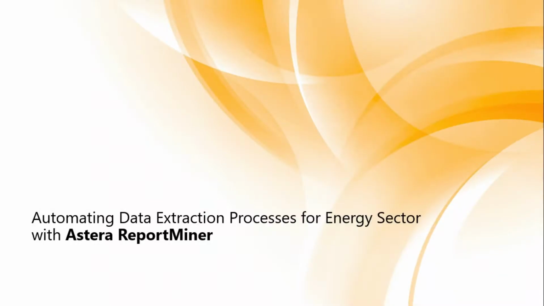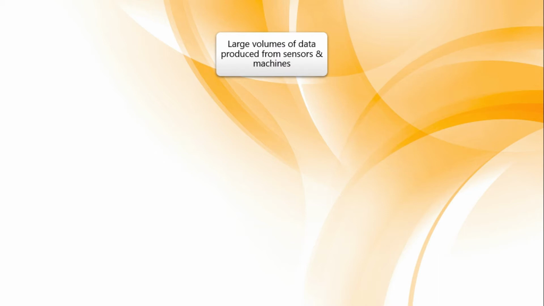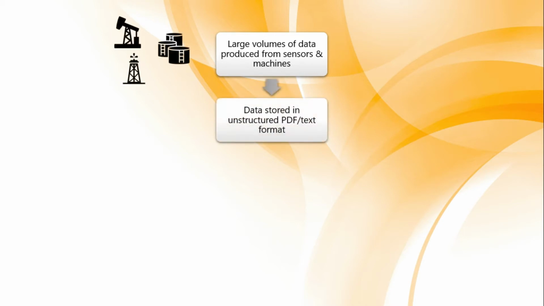Hi, in this video we will learn how to extract data from a PDF document produced by equipment used in the oil and gas sector. In this era of digital transformation, oil and gas companies produce large volumes of data at every stage in their business value chain. The data is extracted from sensors and machines. However, since the data is in unstructured formats, it gets very challenging for companies to store, extract, and retrieve data